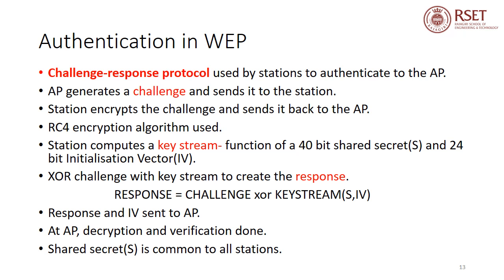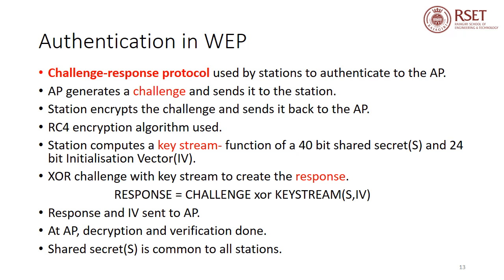This will be the value that is sent back as the response to the access point, and the response along with the initialization vector will be sent back to the access point. At the access point, this response and IV value have to be decrypted. Since it is an XOR operation, you can easily generate the key stream value again at the access point using the shared secret value available there and the IV just received. This key stream value will be XORed with the response value received from the station. And if you get back the challenge value which was initially sent from the access point to the station,